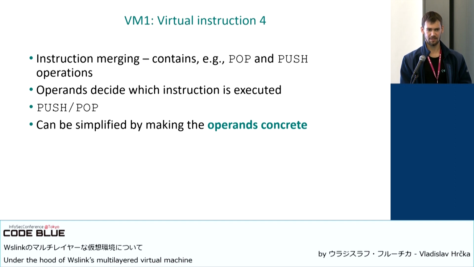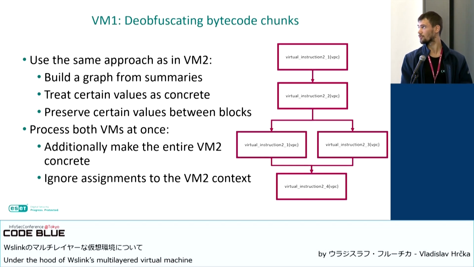And we can again simplify this by making these memory addresses and operands concrete, and actually use the same approach as in VM2. We build a graph from the same summaries, treat certain values as concrete, and preserve certain values between blocks, particularly the rolling decryption registers. And we can actually process both VMs at once because we know what memory range belongs to the VMs, as we know the context, and we just treat them as concrete values, like the entire VM2, and ignore assignments